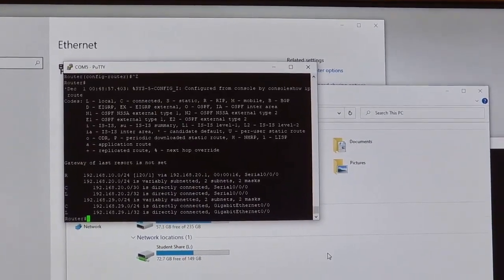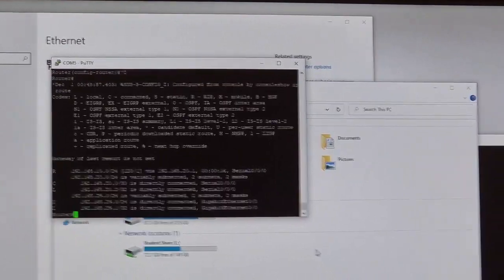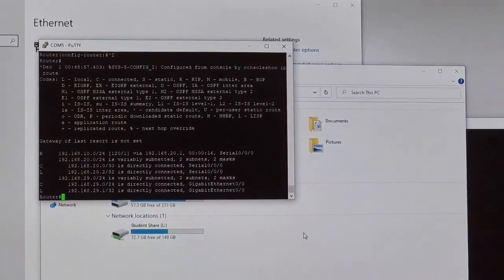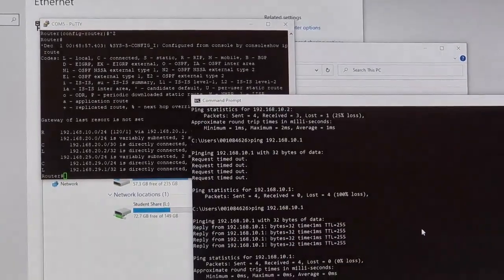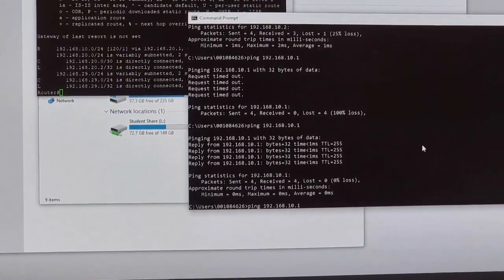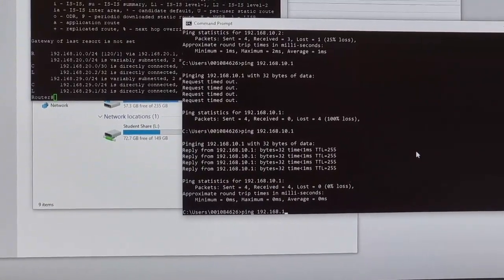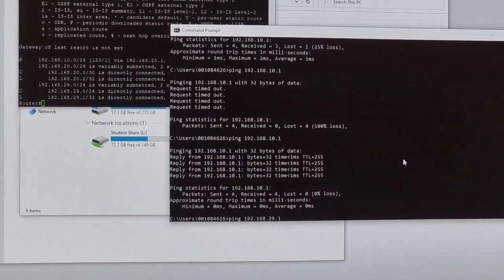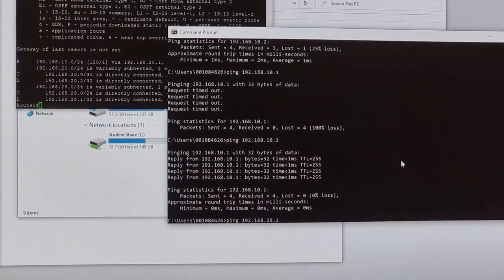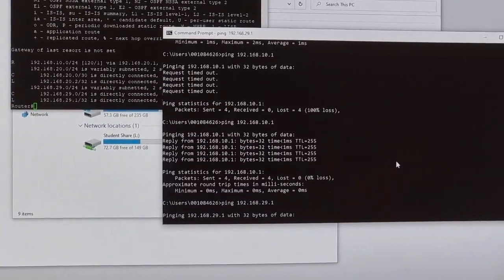So I don't trust this PC, but like we said, we don't have to ping all the way to this PC to show the routing is working. So if we go to the command prompt here, remember this is on the Adelaide. So instead of pinging all the way to the PC, I'm going to ping all the way to the router interface on the Elizabeth network, and hopefully